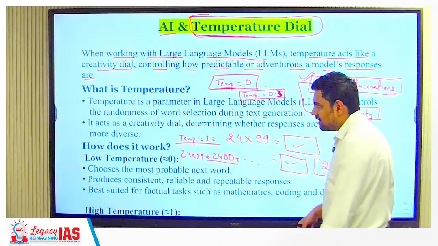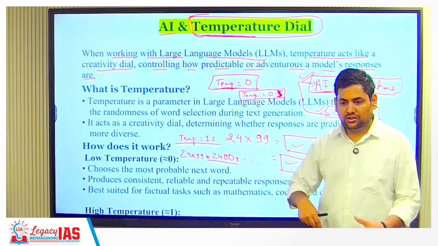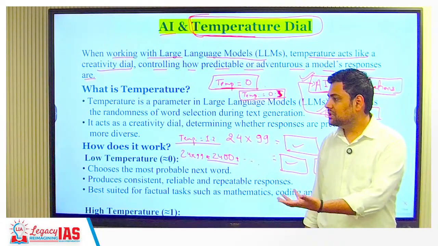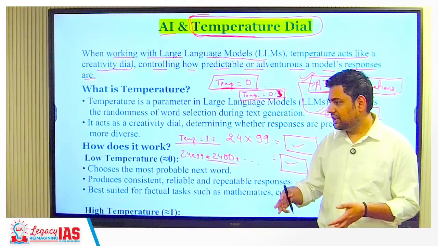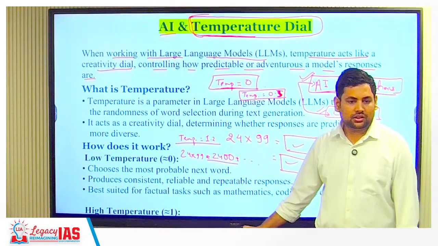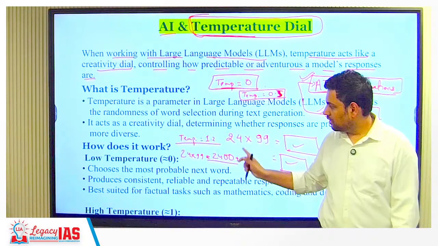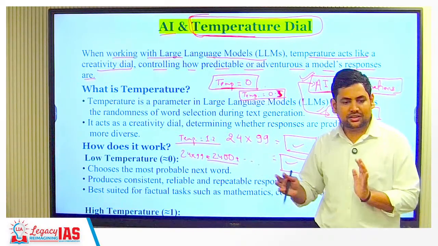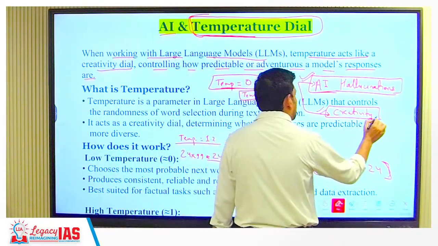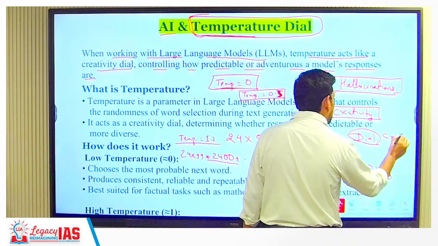Now, as you can see, if instead of these numbers, you're asking something much more natural, talking about something creative, like what are the different chords that you have in a guitar. Now here the temperature will matter a lot. If temperature is 0, it will list all the chords. If temperature is slightly higher, it will tell you more. Here it will start telling you some patterns, this that. So now you understand that both are required, but the problem is as you increase the dial, the creativity will increase, but